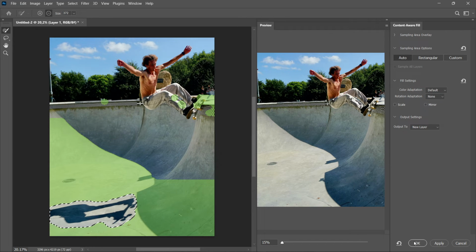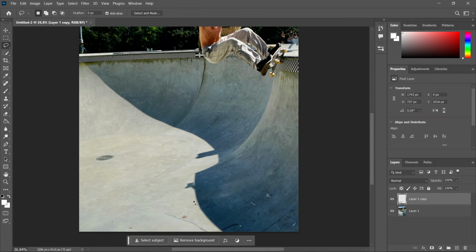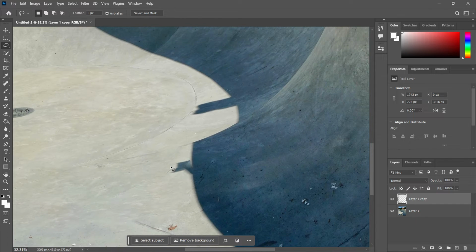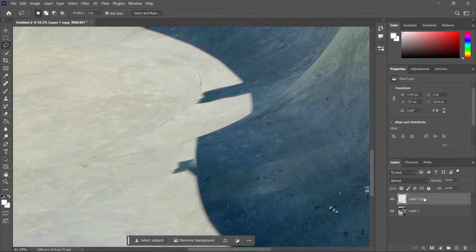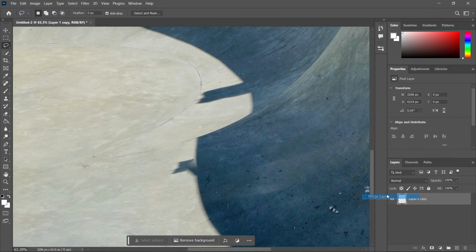And what you want to do is press OK. And that's it, the layer has been added above that. But as you can see, there's still a little piece over here where there's still some shadow and it looks a bit weird. What you want to do is simply click this layer, hold down your shift key and click the other layer too, and then right click on them and click merge layers, which will merge the two layers,